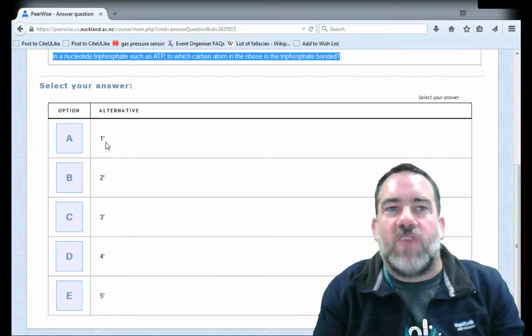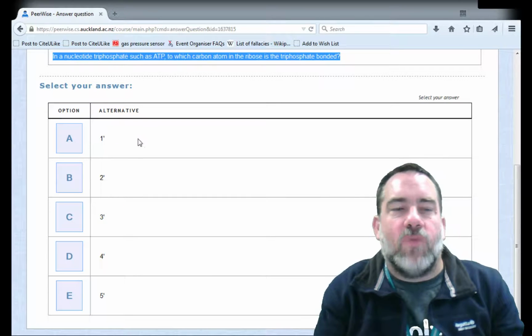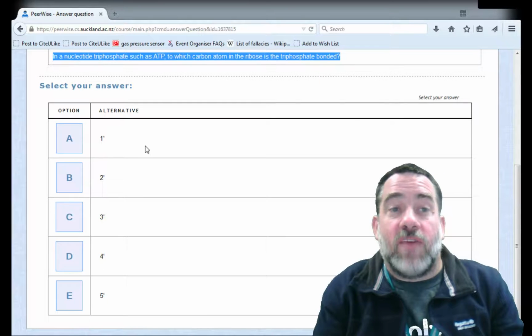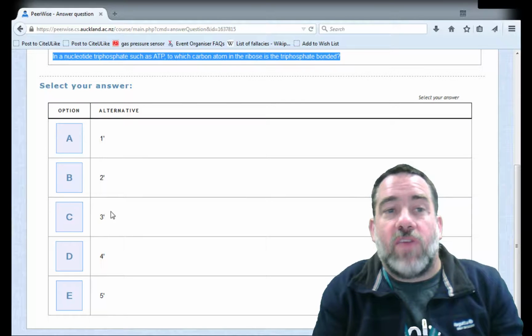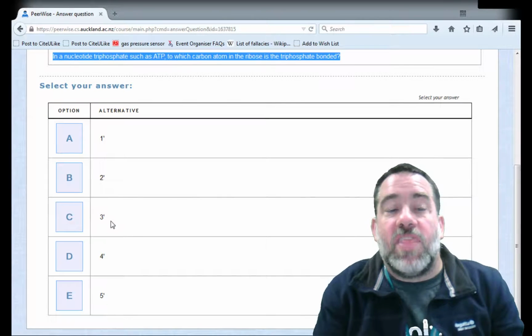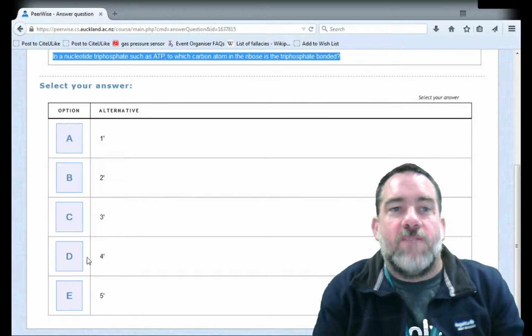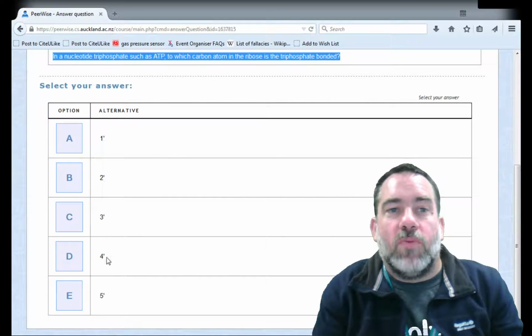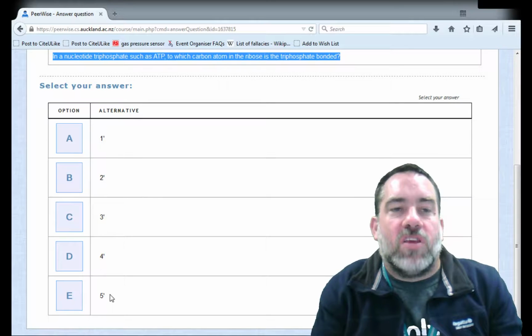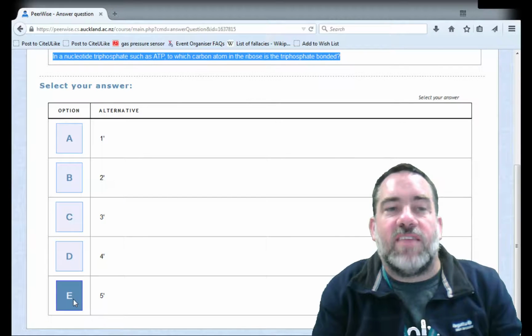The first carbon atom, the 1' atom, that is where the nucleoside is bound, the base. Positions 2 and 3 don't carry the phosphate. 3 is to where the next ribose would be added in a DNA molecule. 4 forms the loop with the ether oxygen, and 5 is that free hydroxyl containing carbon which contains the triphosphate bound to it. So I'm going to select E,